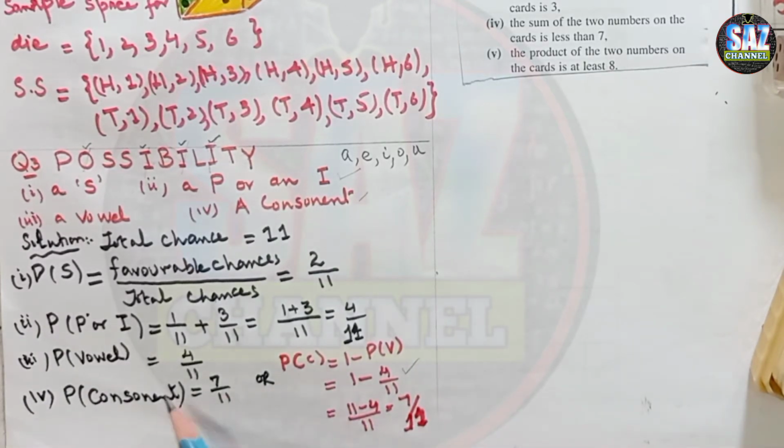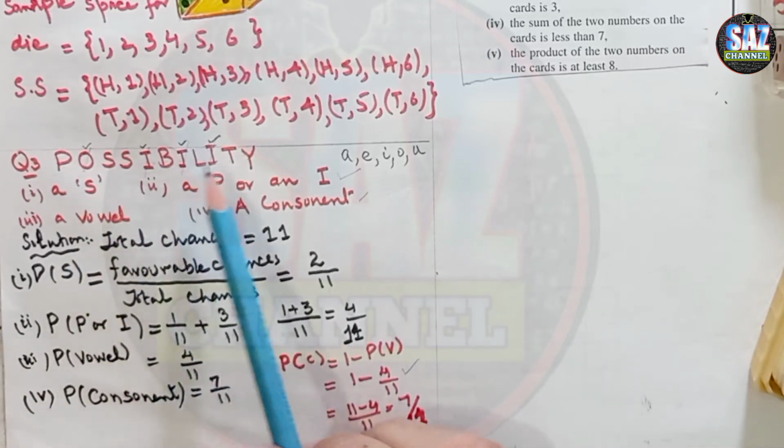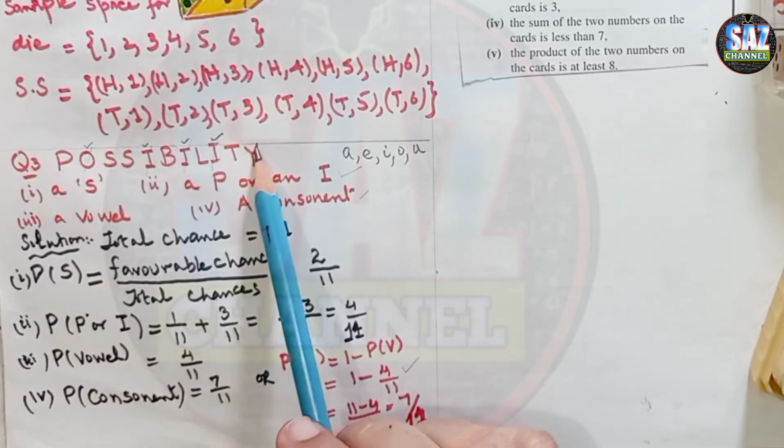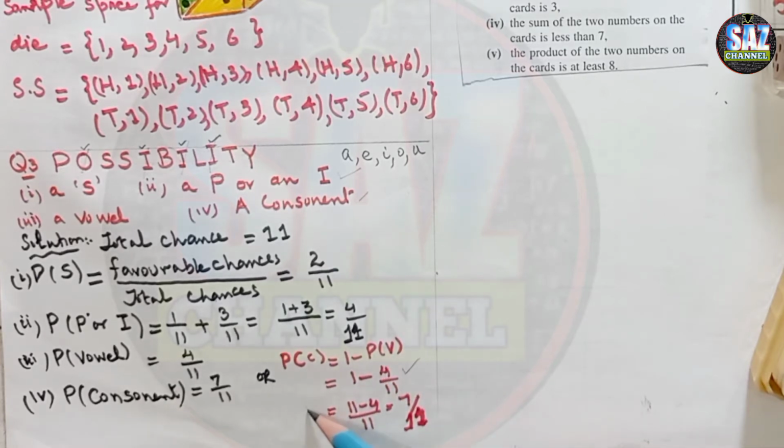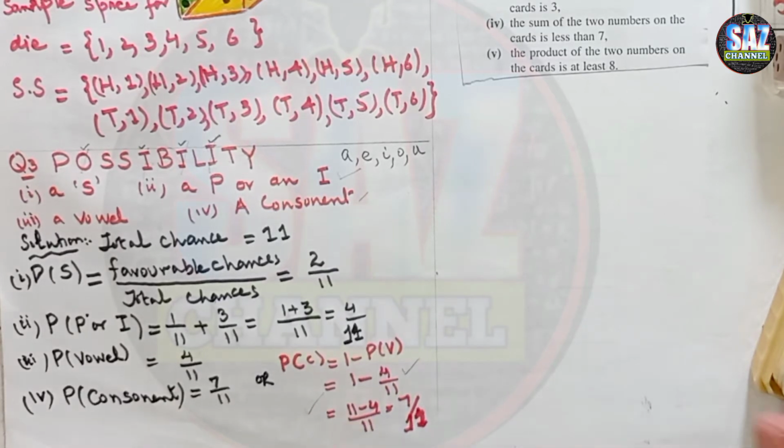Okay, and now you can see that here we are introducing the complementary events as well, that consonants and vowels cannot come at the same time. So if we have the probability of vowels with us and I want to find the probability of the consonant, I can easily find it out. If the question is small, then we can simply count the chances as well. But if the question is large, then we have to use the concept of complementary events, that 1 minus probability of vowel, and that will give me 7 over 11. I hope students you are clear about these 2 situations.